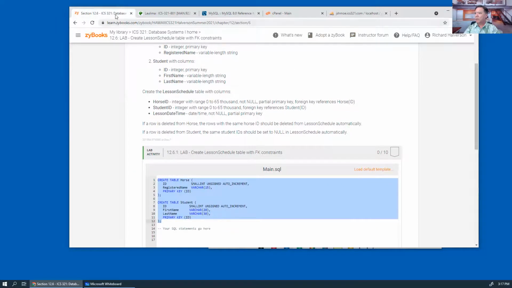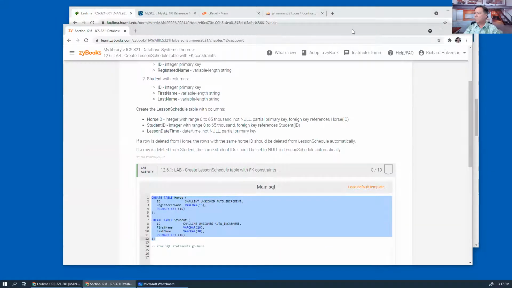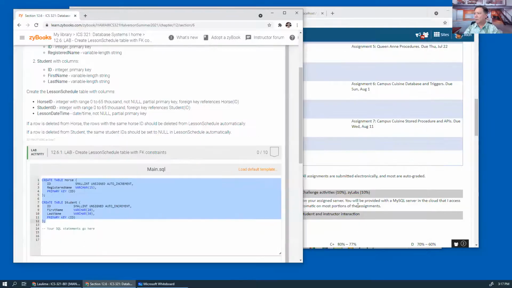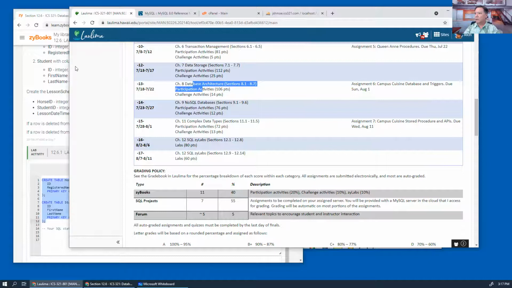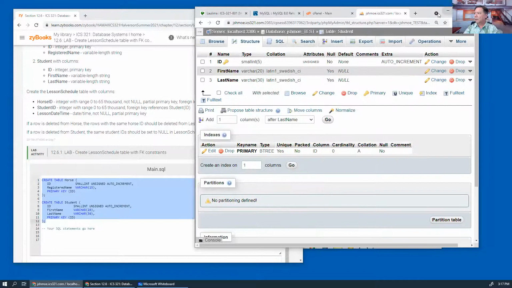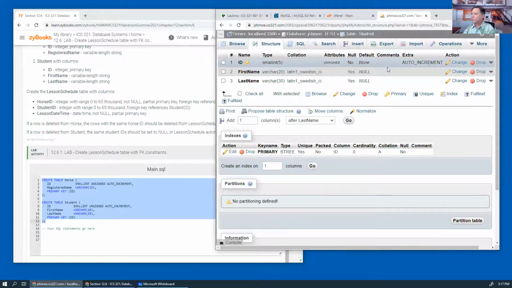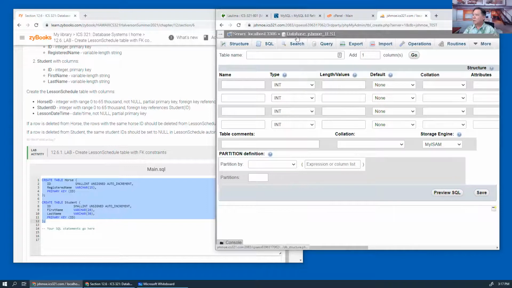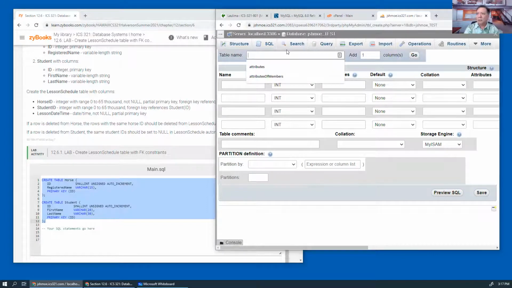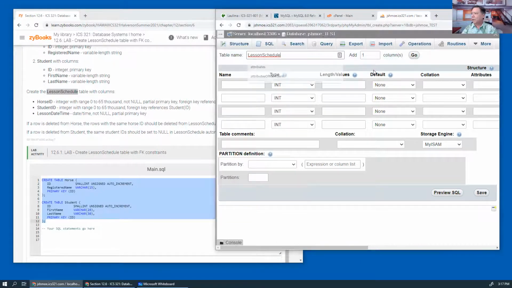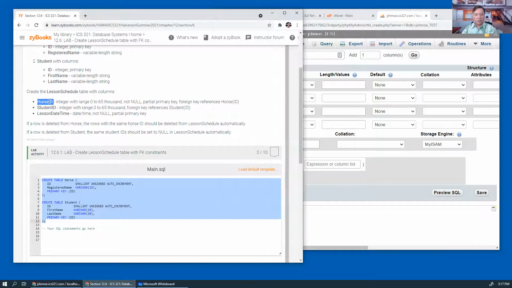All right, so I'm going to pop this out, put it over here. Let's see what I'm doing. I'm going to create a new table. Go back to new. Here's a new table. Now I can put this in, and I'm going to call it lesson schedule. So copy, paste, and I'm going to have a horse ID,